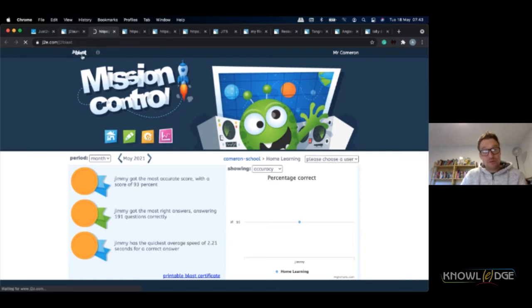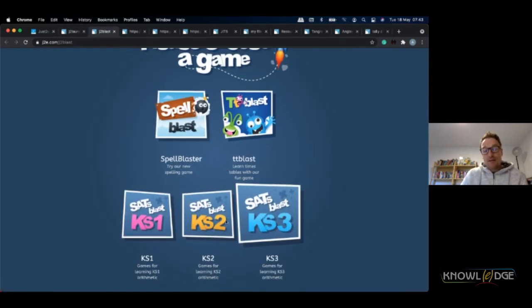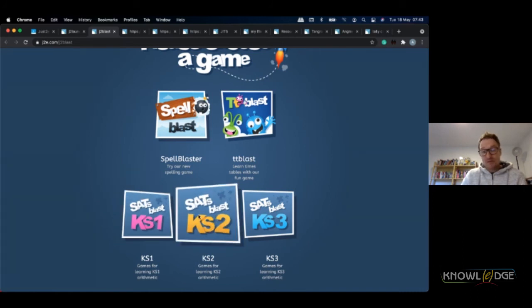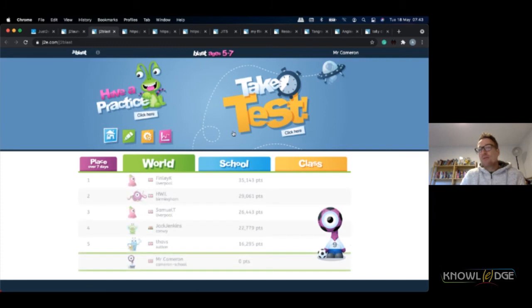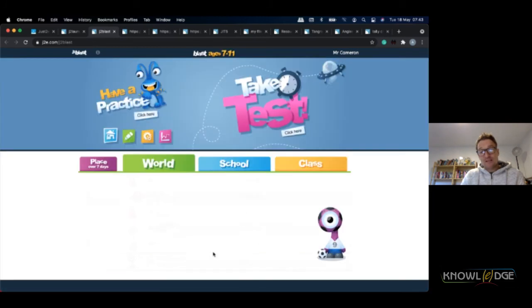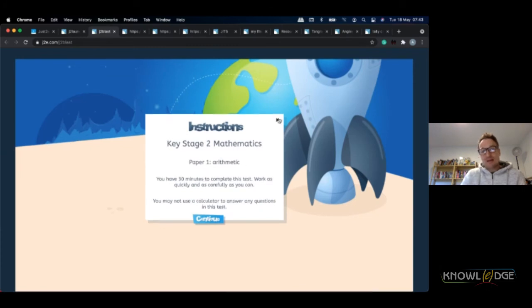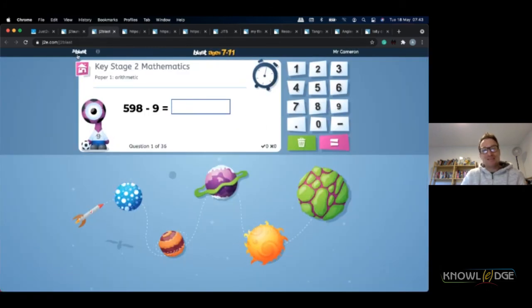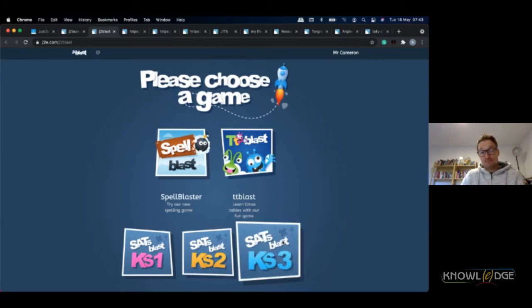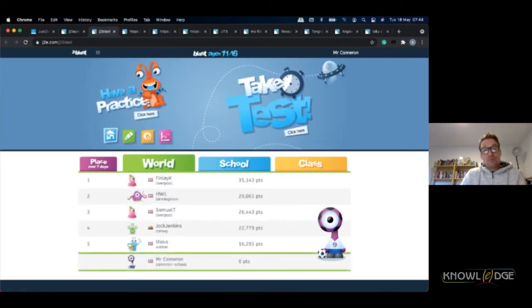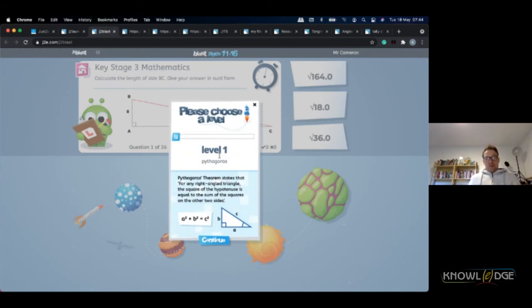Now, for British schools, if they are doing SATs, we've got SATs Blast for Key Stage 1 and for Key Stage 2 as well. Very similar sort of process. You can practice your SATs for age 5 to 7, practice there, and then you can actually take a test. And if you want, you can then go into Key Stage 2 or Key Stage 3 SATs, and then you've got the papers there, all the past papers that you could ever wish to go and practice your SATs to as well.